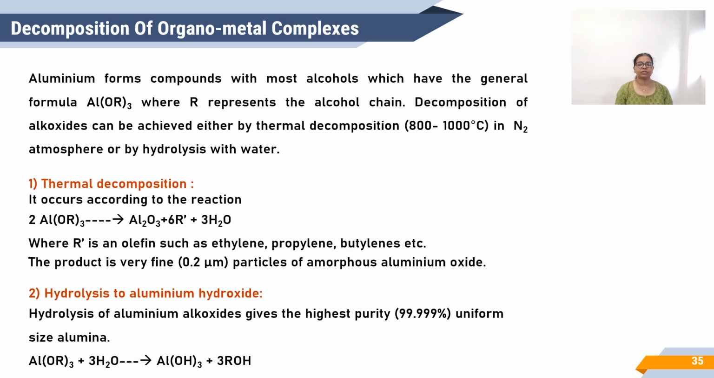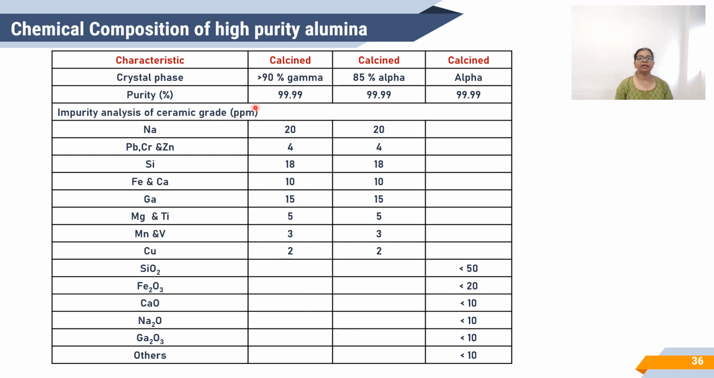formed by this process. The chemical composition of high purity alumina is that we can see the alpha phase, that is the crystal phase, is greater than 90%, gamma 85% alpha, and the purity here is 4N, that is 99.99%. The other impurities which we can see is sodium, it is 20 ppm, lead, chromium and zinc is 4 ppm, silicon is 18 ppm, iron and calcium 10 ppm, gallium 15, magnesium and titanium less than 5 ppm,